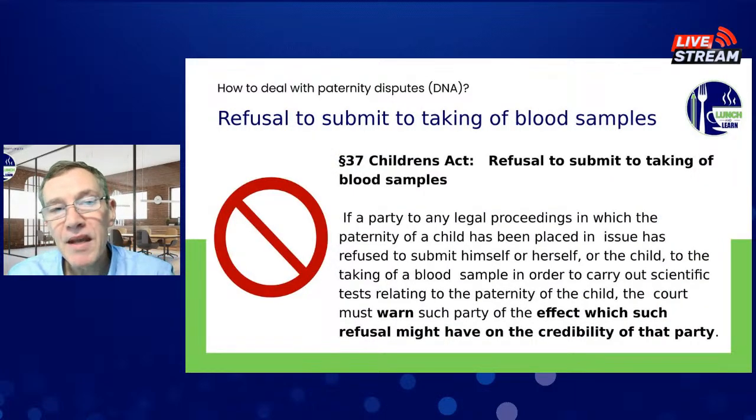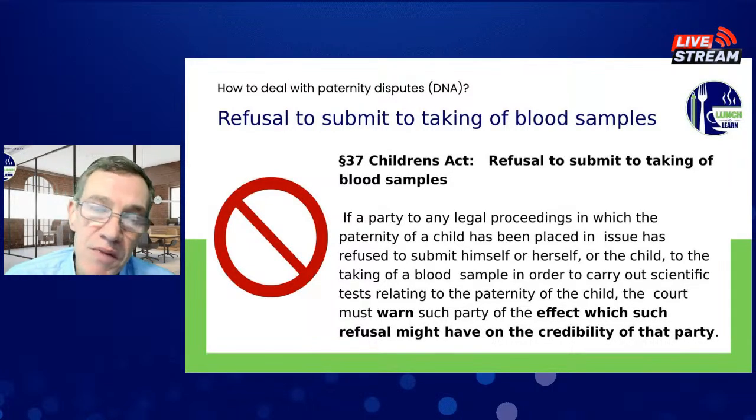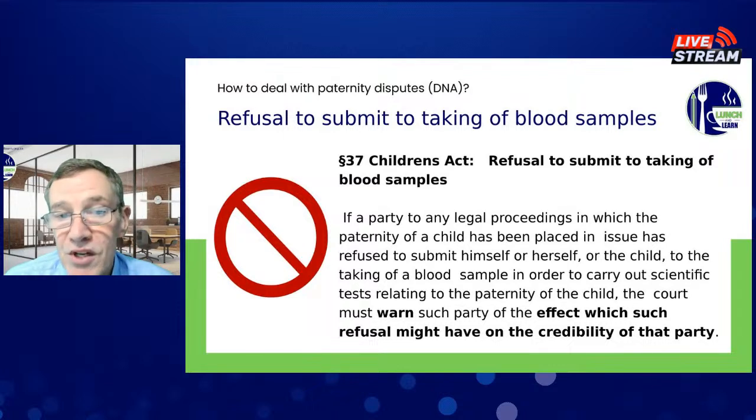So what would happen if a person refuses to take a blood sample? In terms of Section 37 of the Children's Act, it says that if during any legal proceedings with regards to paternity, it could be either the person self or the other person or the child, and such a person then refuses to do the blood test or refuses to submit themselves for the taking of the blood, then